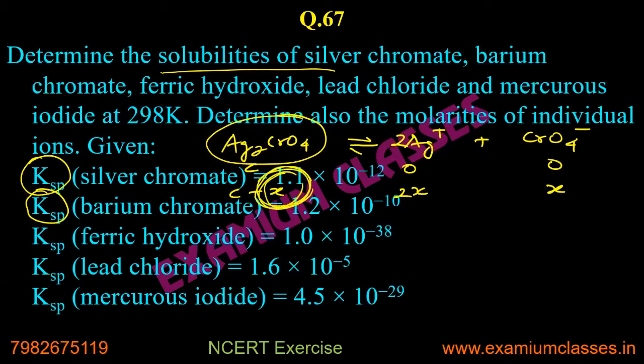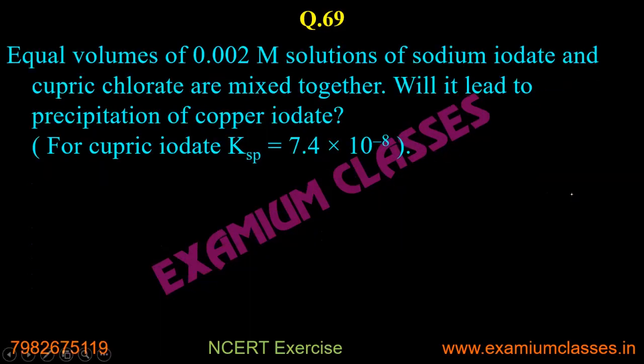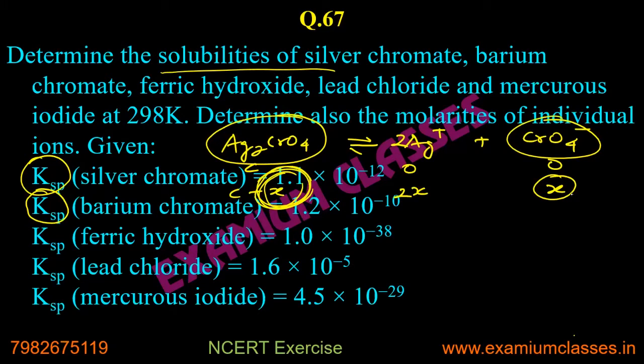So if you are asked to determine the solubility, basically you are asked to calculate this value X, nothing else. If you are asked to calculate solubilities in terms of ions, then you need to calculate these two concentrations. But solubility is of the compound on the left hand side, silver chromate. So you are always required to calculate this X if you are asked solubility. Here we will not call it X normally, although we will use X also if we have to compare; we will call it S just to indicate this is solubility. And then it becomes easy.